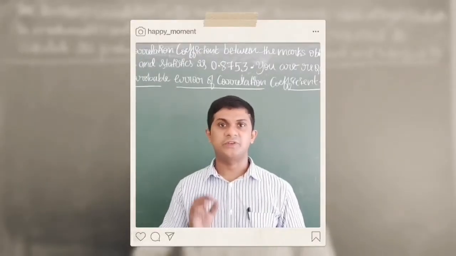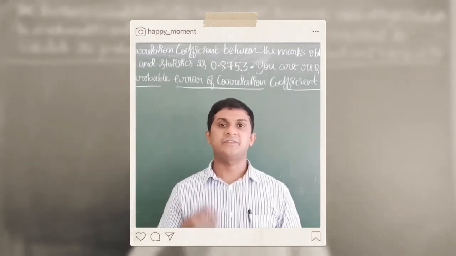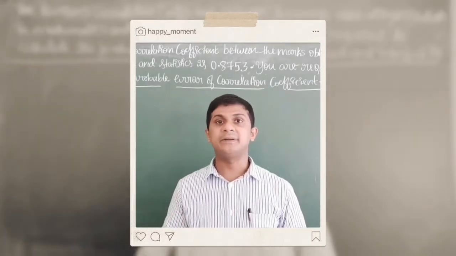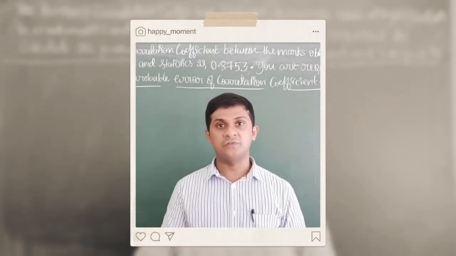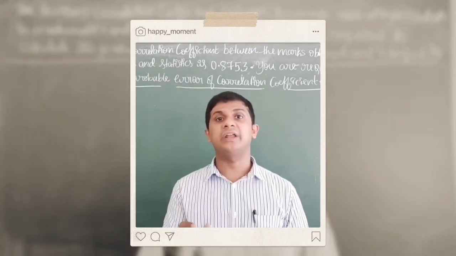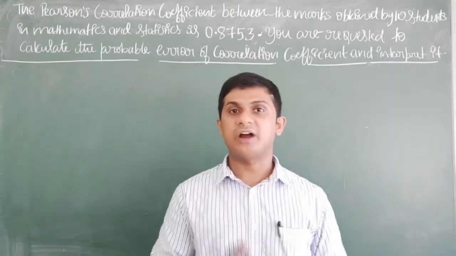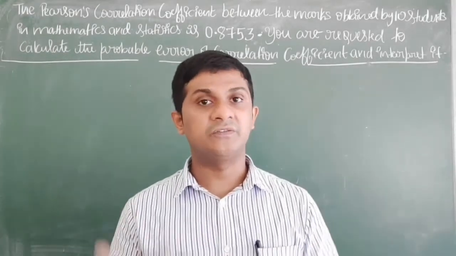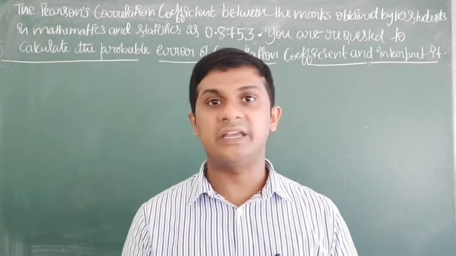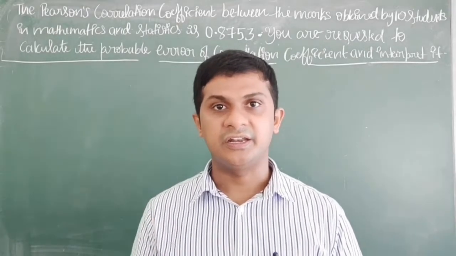In our previous video, we discussed a concept called probable error, wherein I explained what a probable error is, what its significance is in interpreting the value of the correlation coefficient from the standpoint of a population, and how to calculate the value of probable error. In this video, I'll provide an illustration using which I'll explain how to calculate the value of probable error and, importantly, how to interpret its value. So let's move towards our illustration now.